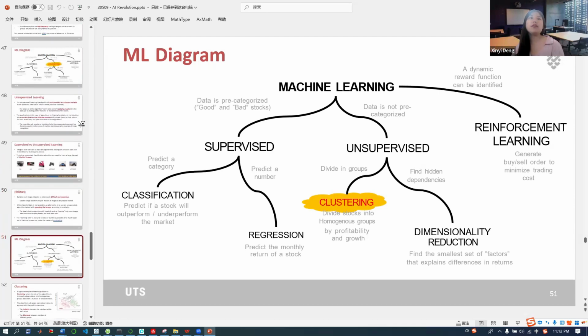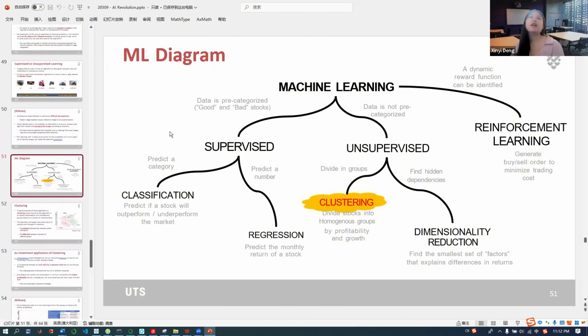Hopefully you have already read through the slides here. Now let me get back to the diagram. On this diagram, as we can see, there are three types of machine learning algorithms. The first type is the so-called supervised learning, and the second type is unsupervised learning. The final type is going to be reinforcement learning. Let me briefly describe each of the algorithms here. So for supervised learning,